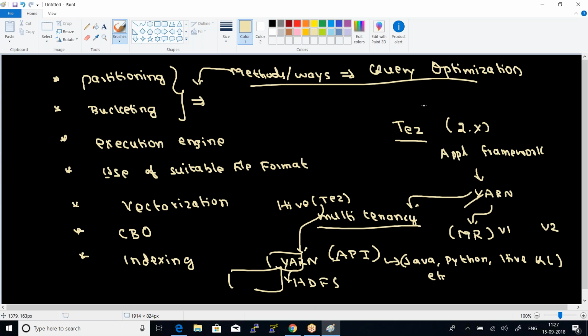So in the execution engine, by way of applying this Tez framework, we can make use of it. The second thing is the use of a suitable file format. We will be discussing this file format. There are lots and lots of file formats: text file format, Avro file format, sequence file format, RC file format. ORC stands for